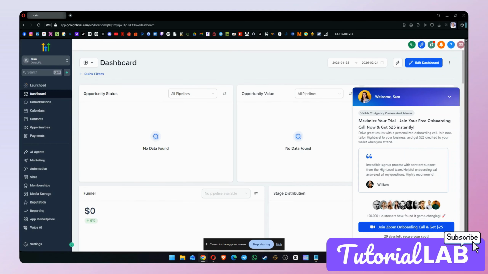Hi everyone. In today's tutorial, we will show you how to use the email editor. Let's get started. The email editor helps us design professional emails, customize layouts, and create engaging campaigns that connect with